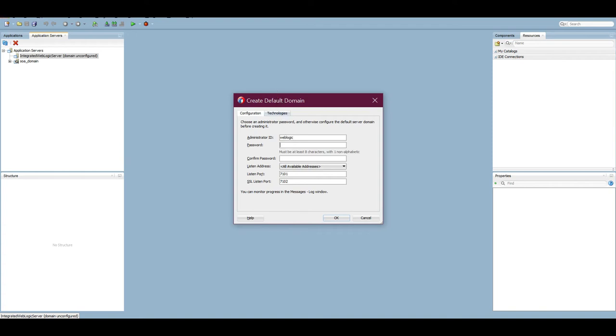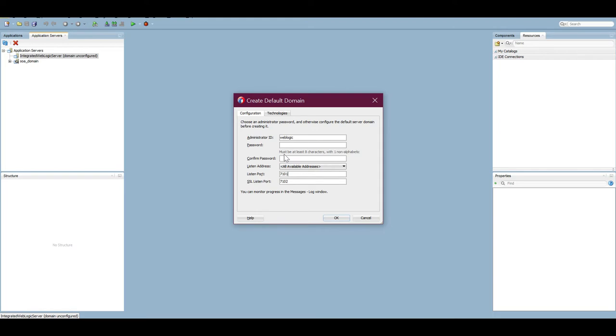As you can see, the Create Default Domain pop-up has come. The administrator is weblogic and you need to give a password. You need to confirm the same password here. This is the port; you can edit it also, it's your choice.